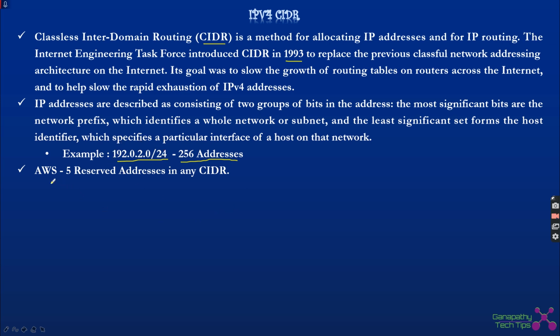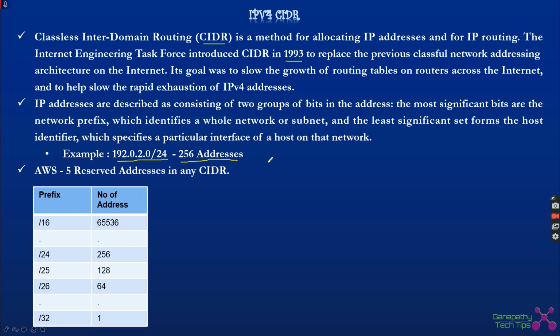In typical systems, depending on the cloud provider, some IP addresses are reserved. In the case of AWS, they reserve 5 addresses. So out of the set of IPs we take, we need to subtract 5, and we get the remaining addresses for our users. To understand this better, I put a smaller table. /16 will provide 65,536 addresses. Going further down, /32 will provide only one address for us. So that's how it works.